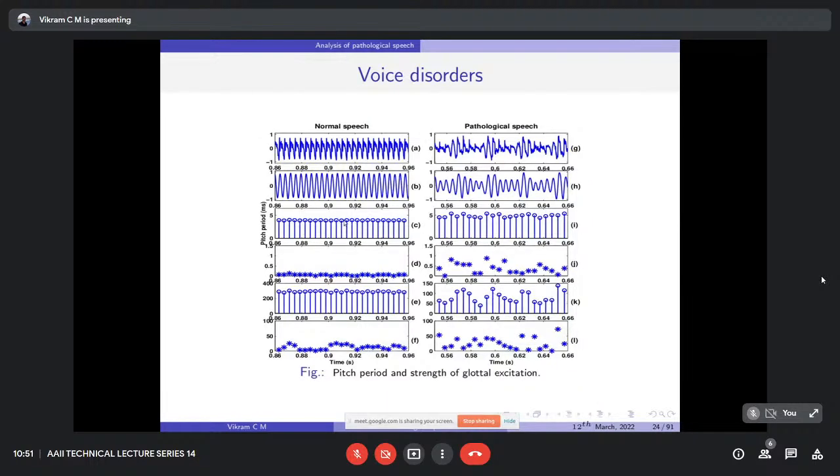We can also imagine that there are periodically vibrating vocal folds, but due to this mass formation, the periodicity property is lost. So this is the pitch period extracted for the normal speech, and this is for the person with a vocal fold cyst. We can see that when we take the first order difference here, the difference is larger for the person with the vocal fold cyst. And one more property is shimmer, that is, the amplitude of vocal fold vibration also varies for a person with a vocal fold disorder.